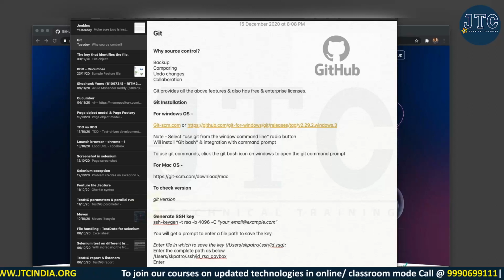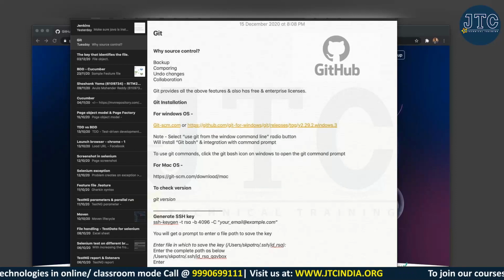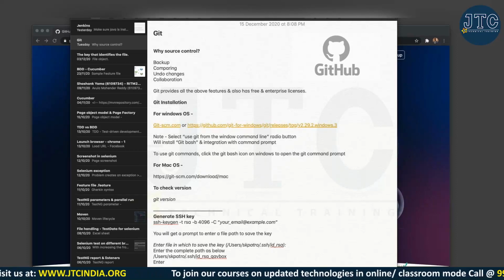And then there are different editors. We can use IntelliJ; as you all are from a Java background, you know IntelliJ very well. Even Eclipse, or Visual Studio Code, which nowadays supports multiple languages.